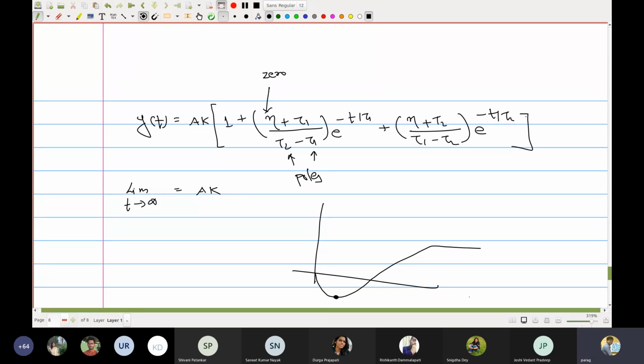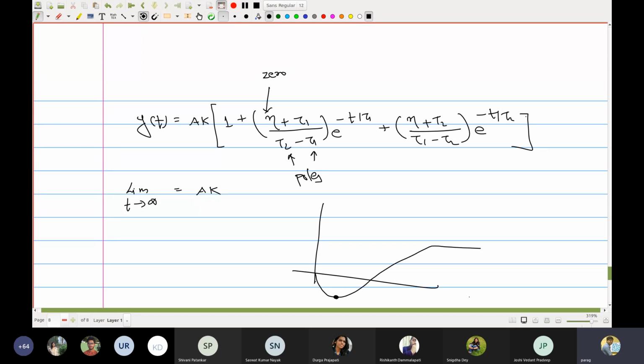Then you can have a first order system in which you can have a pure capacity or pure gain system depending upon the magnitude of the time constant. For a second order system, it is possible that you have oscillations in your system. It is also possible that you have monotonous behavior. But if the second order transfer function is obtained by combination of first order transfer functions, then you will never observe oscillations in your system.